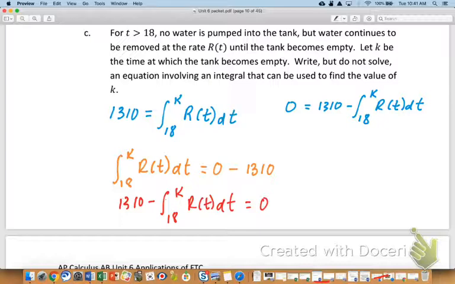Really interesting. Carson's right. I'm just trying to work through the logic of what Gavin said in orange here. So Gavin said it's like amount at k minus amount at 18. Let's just think this through. Luke, you wanted to say something? Might have something to do with the rate being negative, so you pull the negative out, and that's why the sign flips. So I think the issue here is R of t is the rate of water removal.